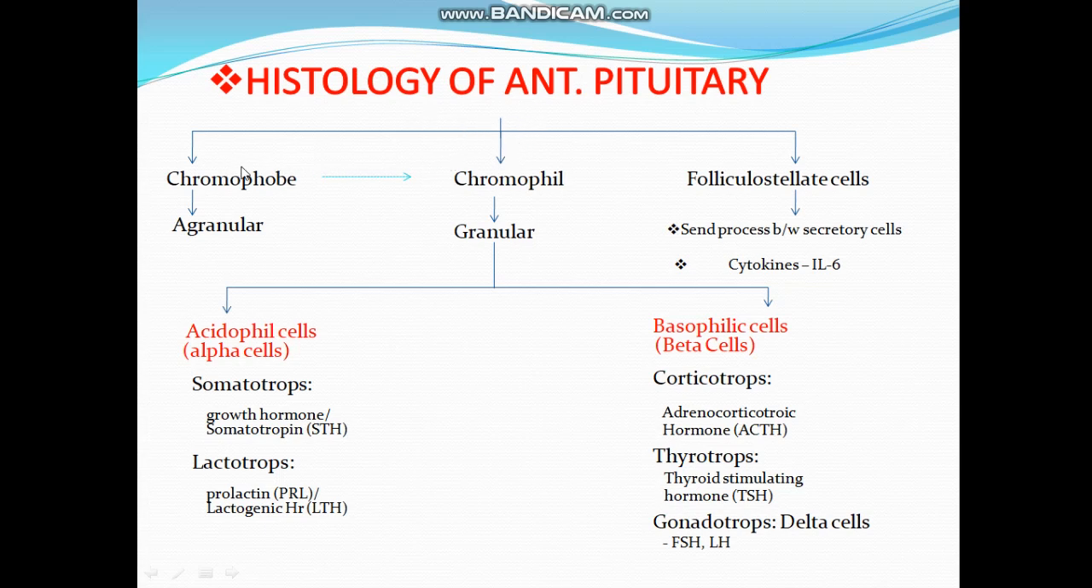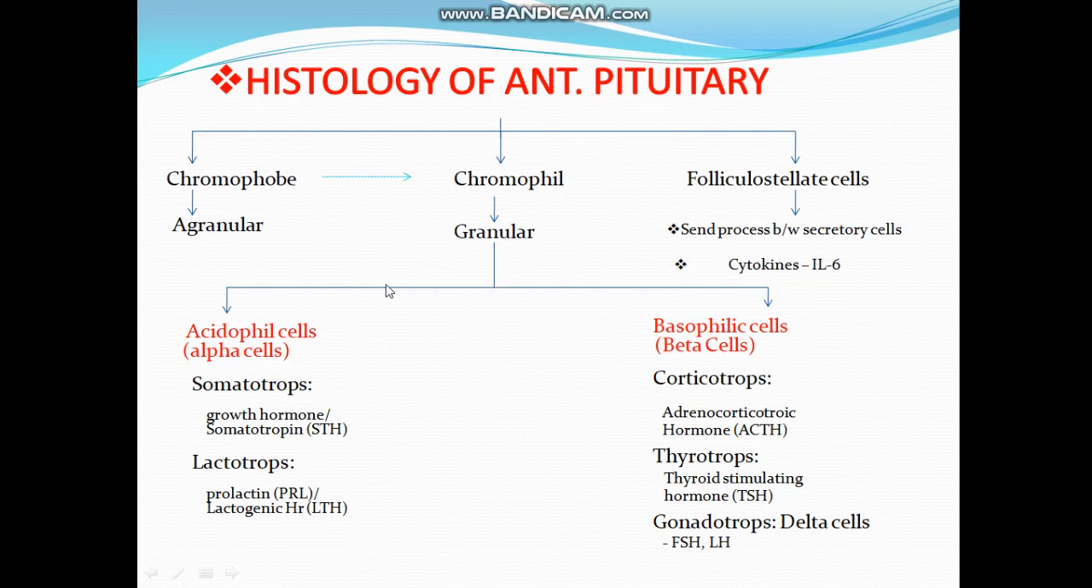Now come to the important part of the anterior pituitary gland, the histology. Histologically, the anterior pituitary gland is made up of basically three cell types. One is the chromophobe cell, the second is the chromophil cell, and the third is the folliculostellate cells. The chromophobe cells are agranular cells. It means these cells do not have any secretory granules. Chromophobe cells are basically found in the pars tuberalis part of the anterior pituitary gland,